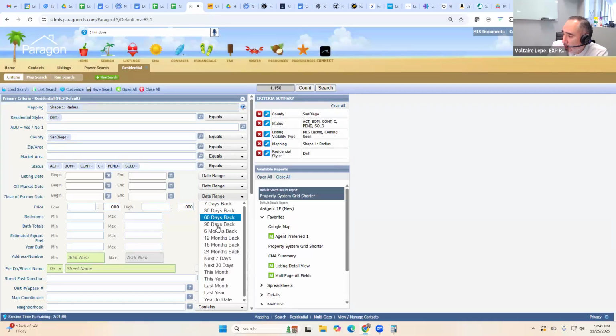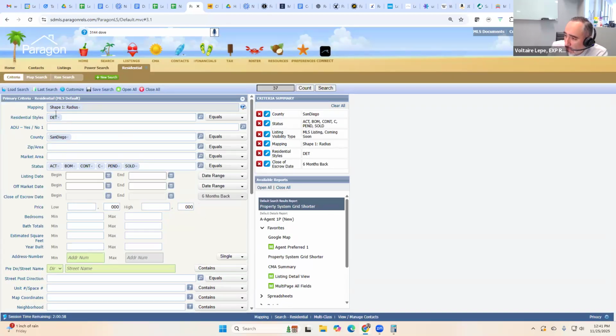Okay, so when I do comps, I start from top to bottom. So mapping, that's at the top, and then detached, and then County of San Diego, and then active, pending, solds, and then I go back 6 months usually, and then I make my way towards the bottom. So I start from top all the way to bottom. That's how I run comps. And then bedrooms. Again, on tax record, it shows it as a 2 bedroom, but it shows it as 1,900 square feet,